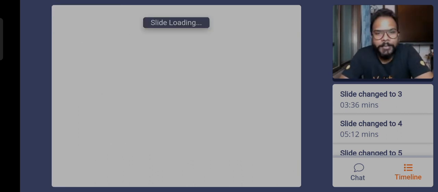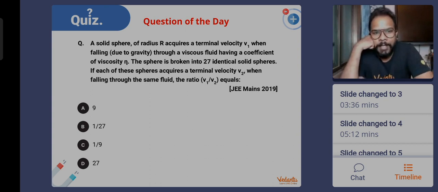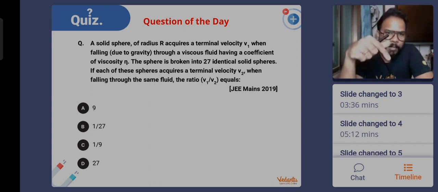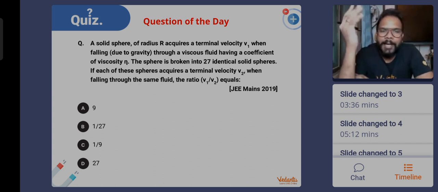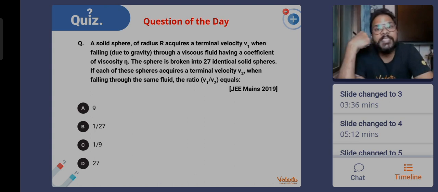Let's hope the hype has not been created too much. Switching off the chat. A solid sphere of radius r acquires a terminal velocity v1 when falling through a viscous fluid having a coefficient of viscosity eta. So there is one solid body whose radius is r, it is falling, and it acquires a constant terminal velocity v1. Now, if this sphere is broken into 27 identical small spheres of the same density,